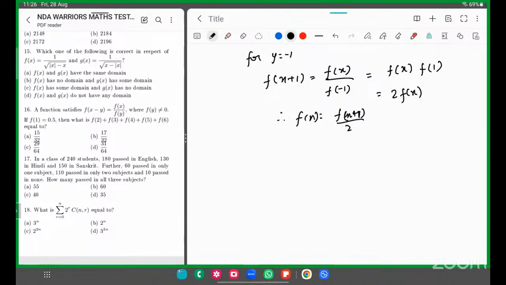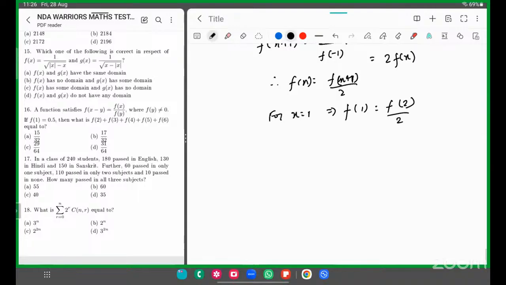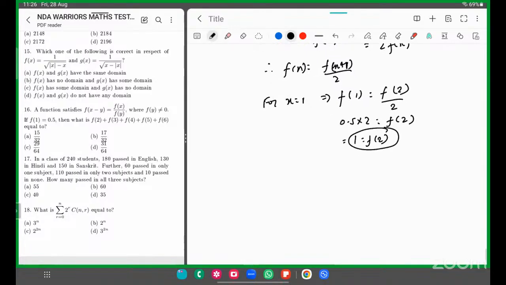x ये जो वैल्यू आया अभी क्या करो, x का वैल्यू हमने सपोज जीरो पुट किया तो f(1)/2 आ रहा है ना, f(0) for x = 0, f नहीं, f(0) मत रखो, x = 1 रखो, 1 रखेंगे तो क्या बनेगा, for x = 1, f(2)/2 is equal to, ऐसे लिखो ना, f(1) = f(2)/2, ऐसा हो गया। तो 2 से मल्टीप्लाई कर देंगे, f(1) का वैल्यू हमें ऑलरेडी दे रखा है ना 0.5, 0.5 × 2 = f(2), that is equal to 1, तो f(2) का वैल्यू 1 हो गया। वैसे ही x का वैल्यू अभी 1 पुट किया था, अब 2 पुट कर दो, x = 2 पुट किया तो क्या बनेगा,